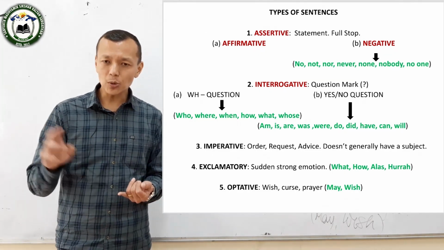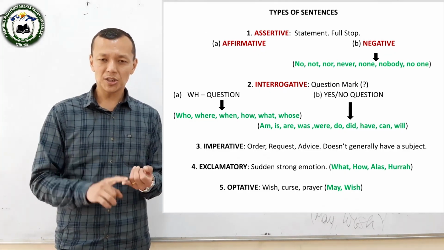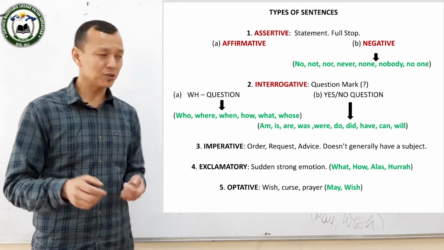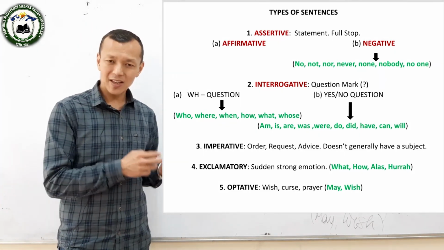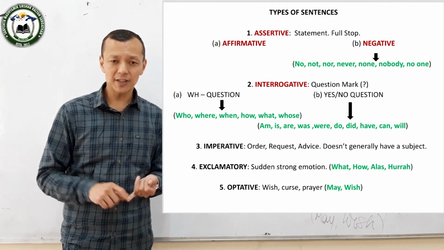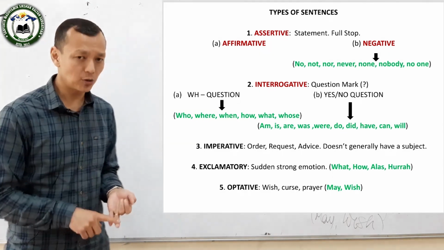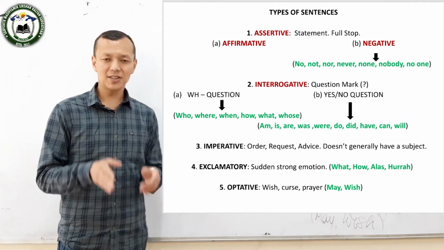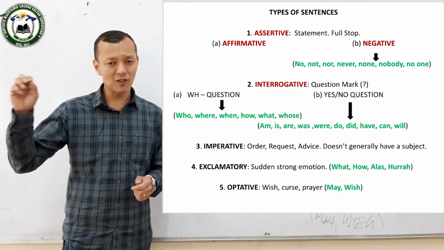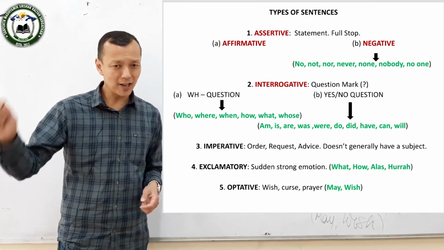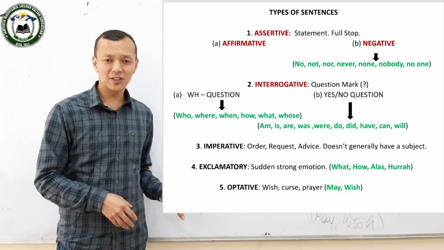हुनु पर्यो अनि कस्तो खालके सेन्टेन्स हो त्यो बुझ्नु पर्यो. Assertive sentence ends with a full stop. Assertive sentence can be of 2 types, affirmative and negative. त्यहाँदेखि अर्को हुन्छ, interrogative sentence ends with a question mark. दुई टाइपै हुन्छ त्यहाँ पनि, WH questions and yes no questions. Third kind of sentence, imperative, is when you give an order or a request. Fourth kind of sentence, exclamatory, ending with an exclamation mark. And the fifth kind of sentence is that